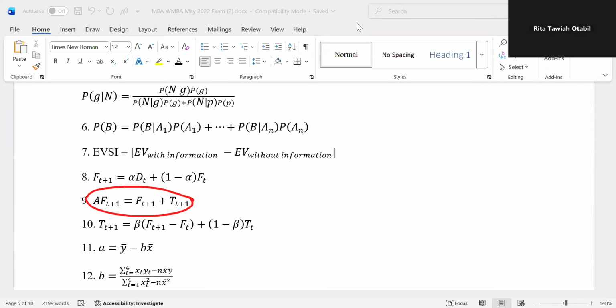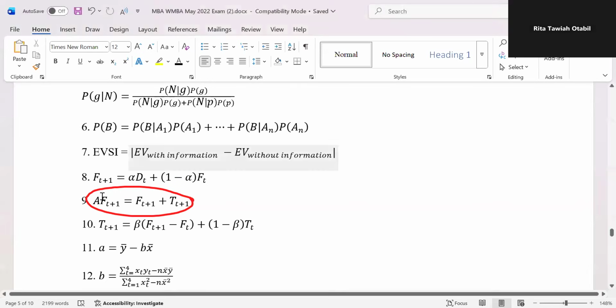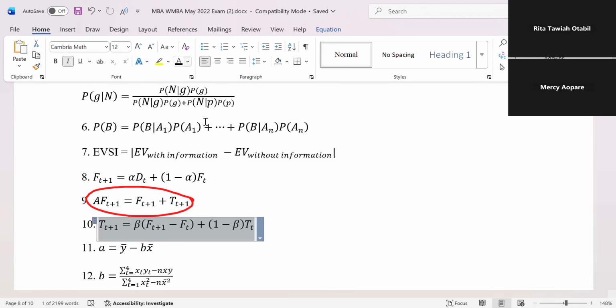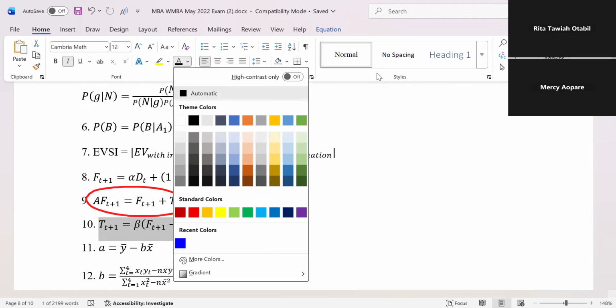For you to be able to do that, you need something in addition to these levels we just calculated. Now, if you check the formula very carefully, the formula is what I've just circled here. The formula requires what we just did, and then you just need a time trend attached to it. And interestingly, the time trend has also been given for you. So you just have to use the given time trend to continue your calculation. Yes, Mercy.